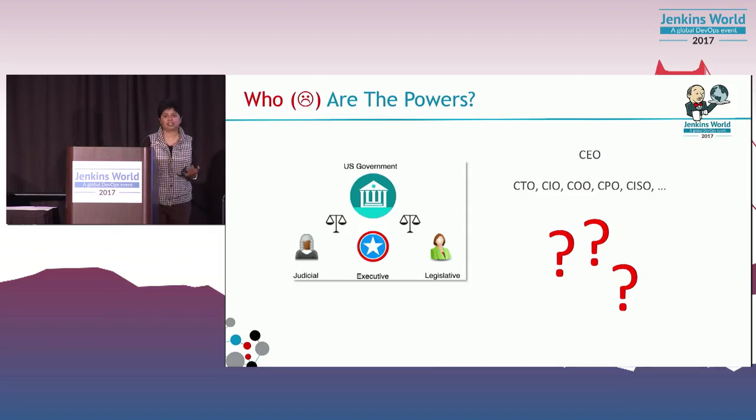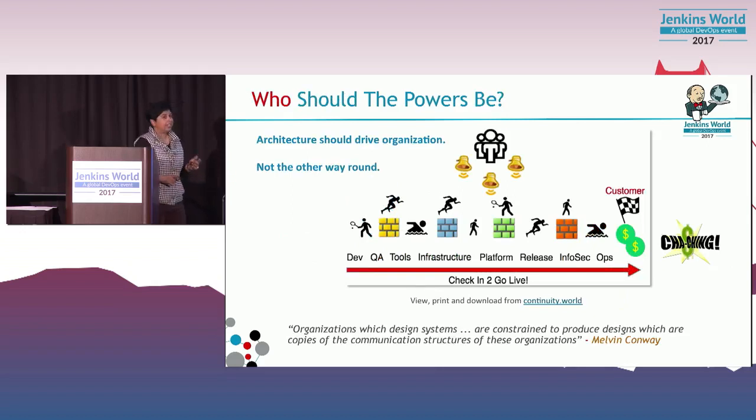There is no DevOps constitution, there's a US constitution, right? Even, let's say, the luminaries who are in this conference, if they get together and write a DevOps constitution, how will you enforce it? How do you know the enterprises will actually follow it? Even if they want to follow it, there is just no way to make them follow it. So I can't solve this problem. Who are the powers? I don't know. Can we solve another problem? Maybe this is easier. Who should the powers be? So this